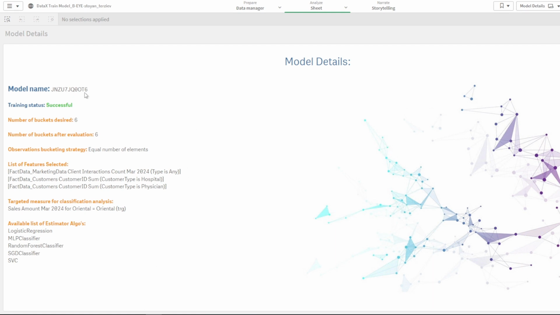here. So what is the model name? This is the new name of the model. Was it successfully trained or not? If it wasn't successfully trained, it would tell me why. I see what strategy I chose, and then the list of features, and at the end here I see all the available algorithms for classification analysis that are made available here. This list can be expanded basically endlessly. Right now we have automatically enabled everything from the scikit-learn library, but you can even add your own custom classification